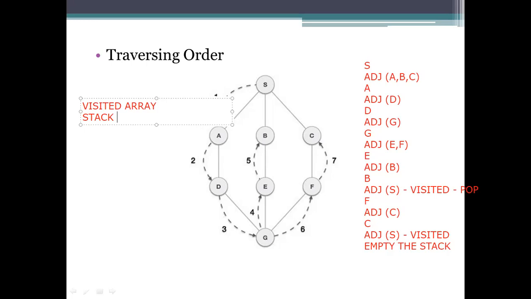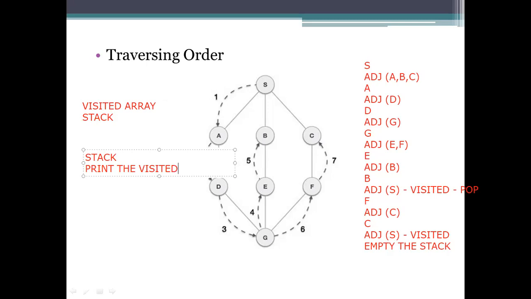We are using stack representation. And if not, what we are doing is simply pushing into the stack and popping it up and printing the popped-up value, meaning the visited node. Printing the visited node will be enough. Since we should know which one is visited or not, we need to take the visited array also.